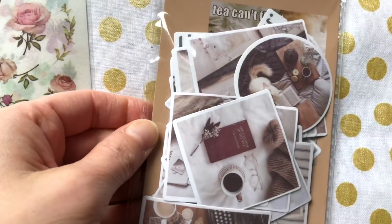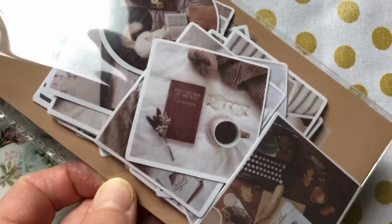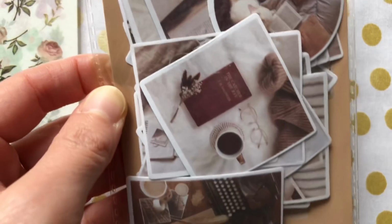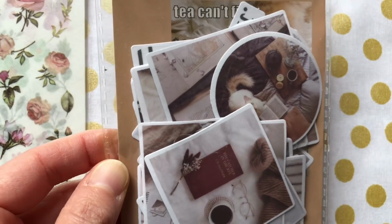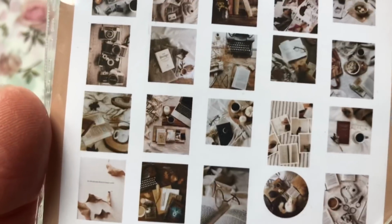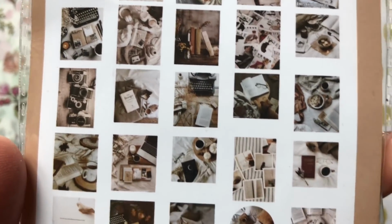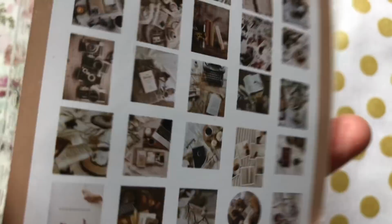I also have these packs which are just full of like hygge stickers, really cosy scenes. I'm going to keep a pack for myself of these, and I can't wait to add these to my journal. Such nice pictures in there. I think I may have shown some of these last time, so I'm sorry if I've shown you already. So they are both in my shop already, and I've also had some new washi tapes in this week